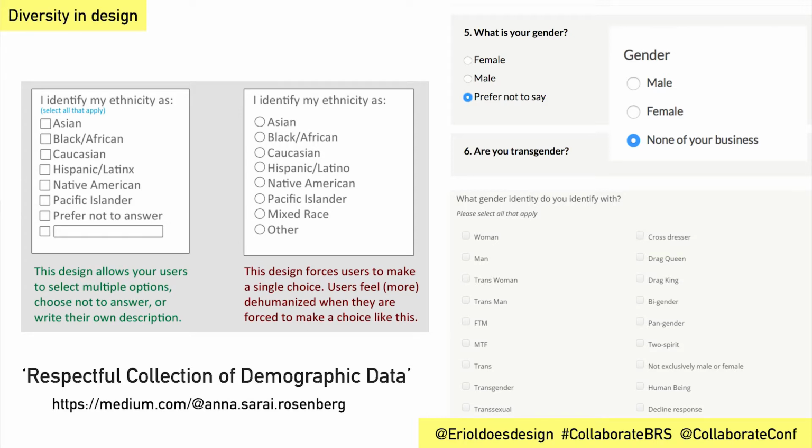And the stuff about gender, the "prefer not to say" or "none of your business" option. A lot of people think that this is a good option, and sometimes it is, and sometimes it's good to put it in there. But as a person who spent 30 years, well, I was a baby for some of those, so I wasn't able to give my pronouns and gender expression. But for a good 30 years, I've been closeted. I've not been able to express my preference.